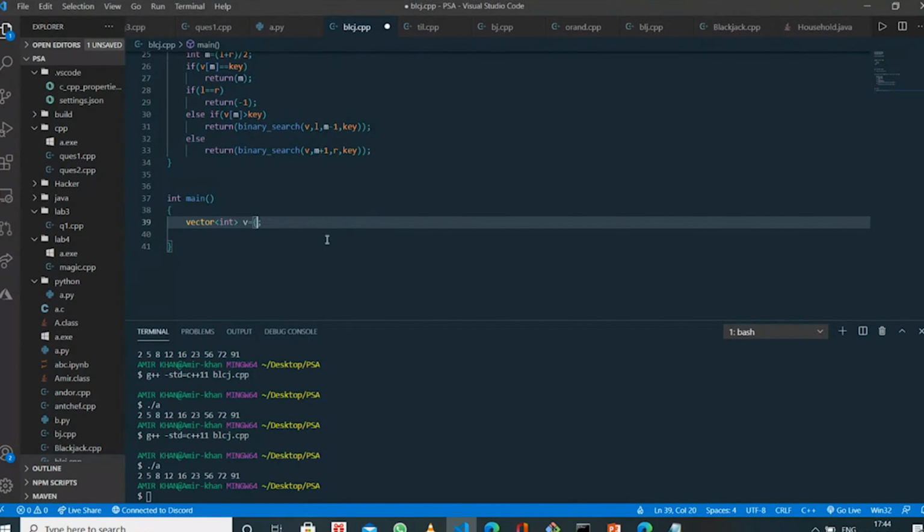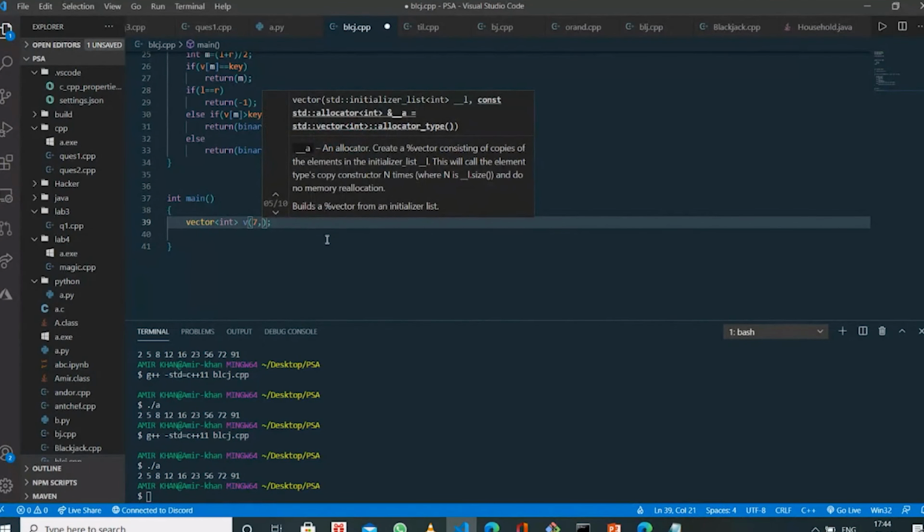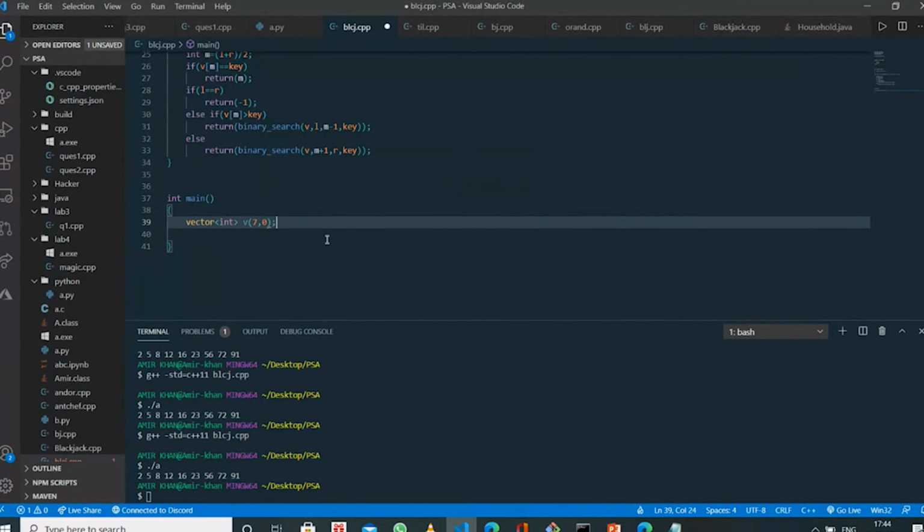So here is the constructor of this vector. Like if you want to initialize a vector with size 7 and 0 values, at all the indexes the value of the vector will be 0.